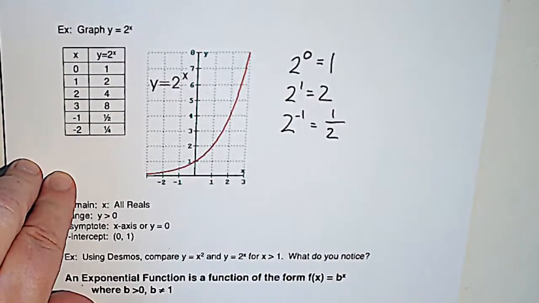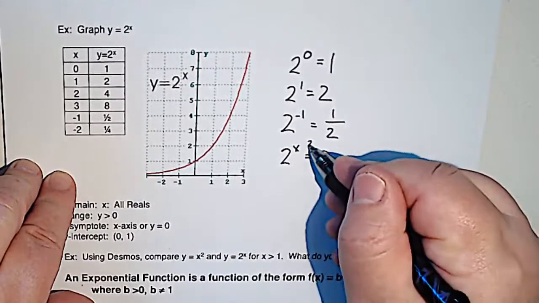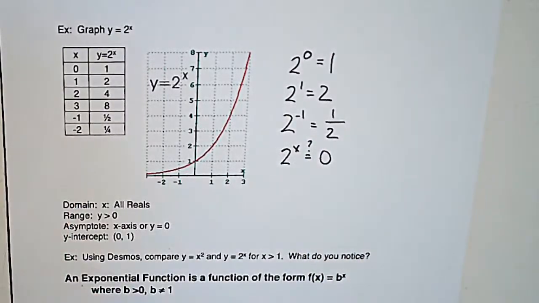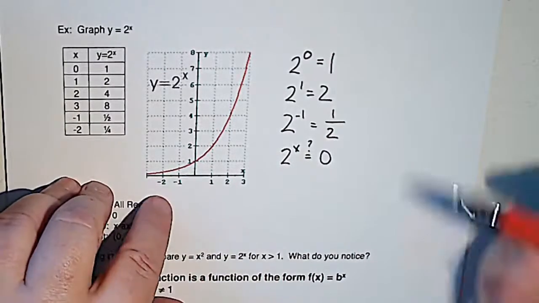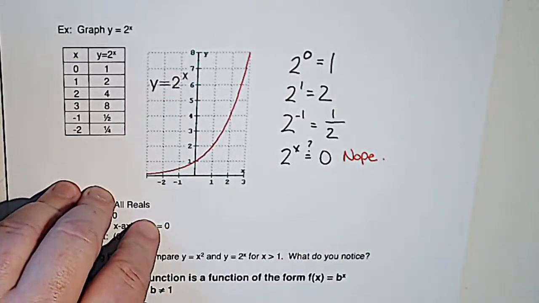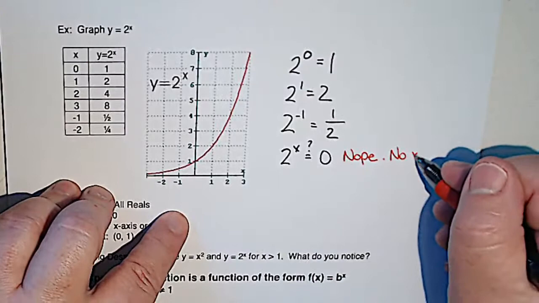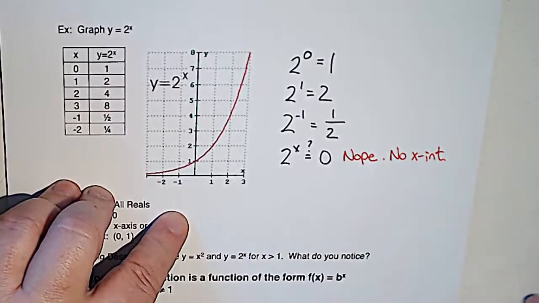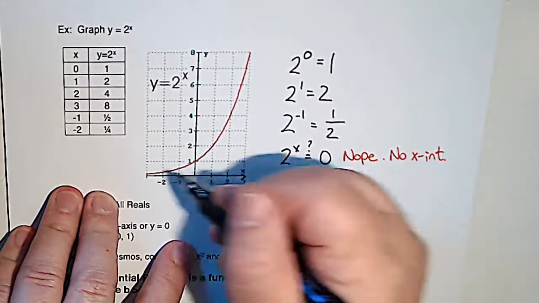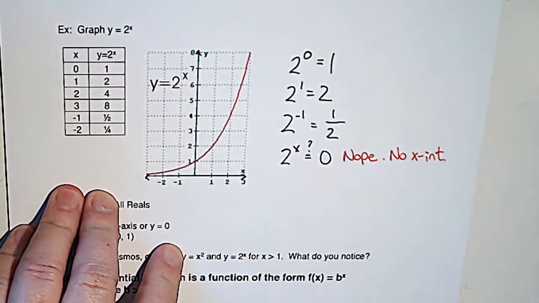The problem is there's never a value of x that allows 2 to the x to equal 0. So nope, there is no x-intercept, which is interesting. As we look at our graph, there's x, and I've got to put my arrows, there's y. Notice that